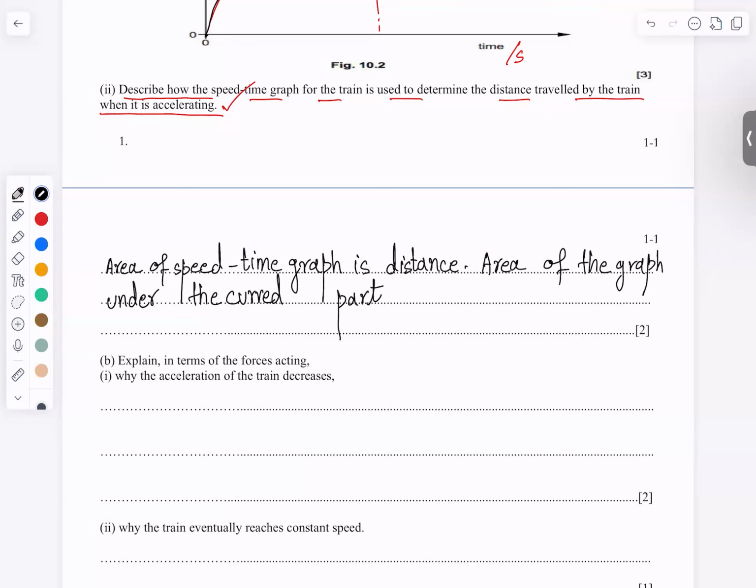है ना। तो उसने कहा है कि जब तक एक्सलेट कर रही है तो ऑब्वियसली द कर्व पार्ट, क्योंकि जब स्ट्रेट लाइन पार्ट हो जाएगा तो एक्सलेशन नहीं होगा। तो एरिया ऑफ द ग्राफ अंडर द कर्व पार्ट will be calculated to find the distance। तो बेटा इससे हमें मिल जाएगा डिस्टेंस। अब हम देखते हैं नेक्स्ट पार्ट।